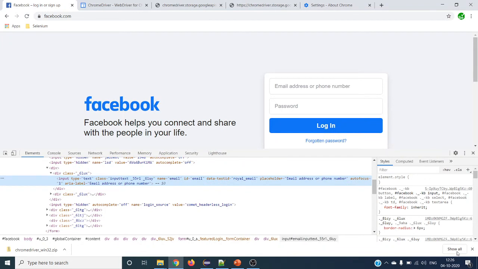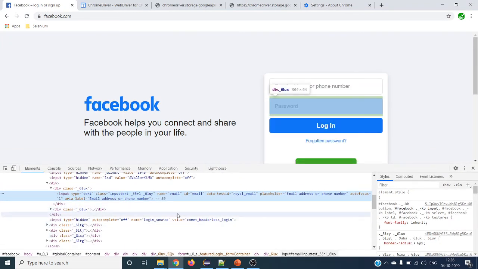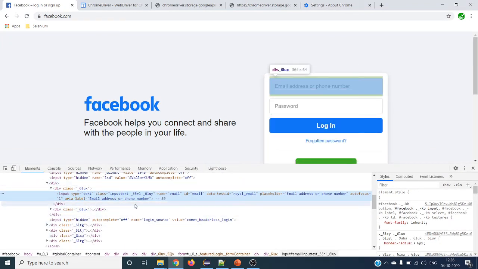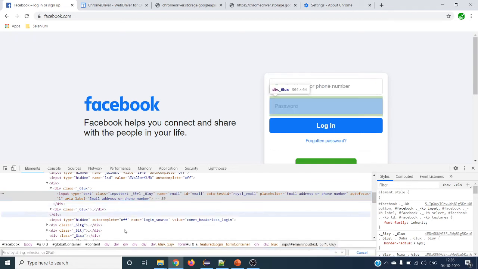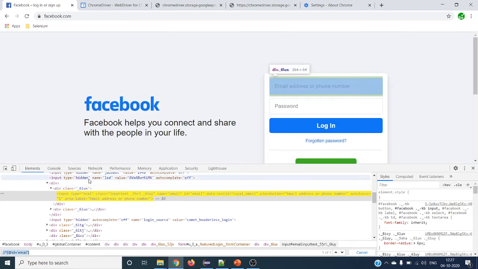There is one facility in the Chrome browser. In your Elements panel, just press Control F. You can see a find by string, selector or XPath text input open, with up and down arrows. Place your XPath here and it will highlight exactly where it is. You can see how many matches there are for the XPath you are giving. Here you can see one of one, so this XPath has only one match on the page. It is unique, and you are good to go with this.